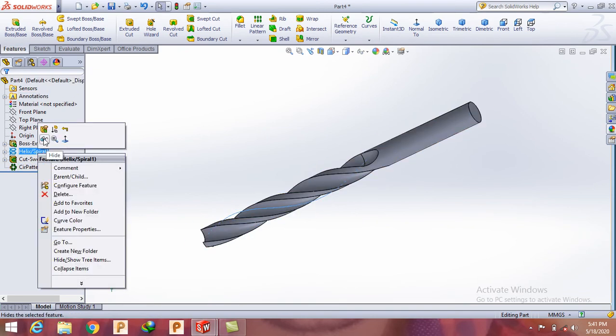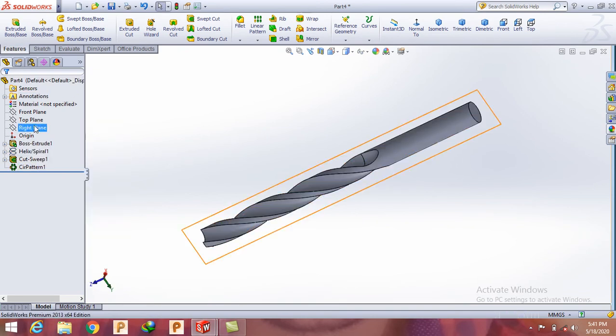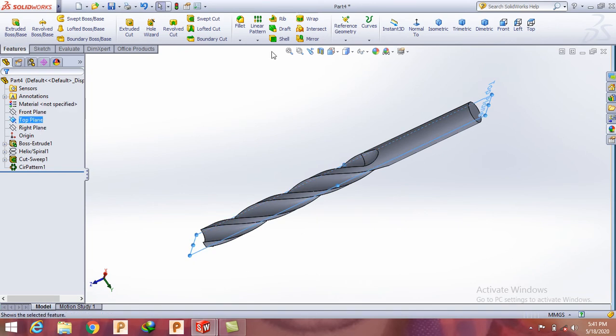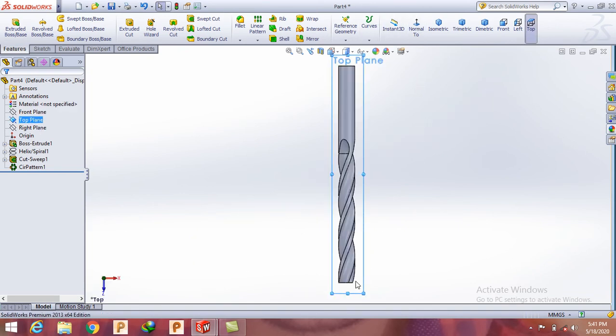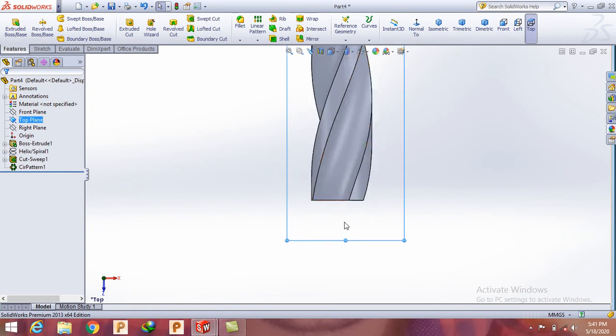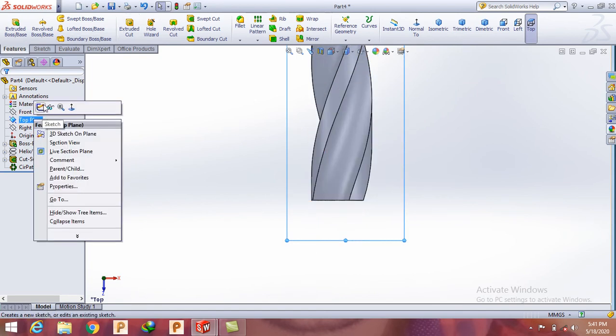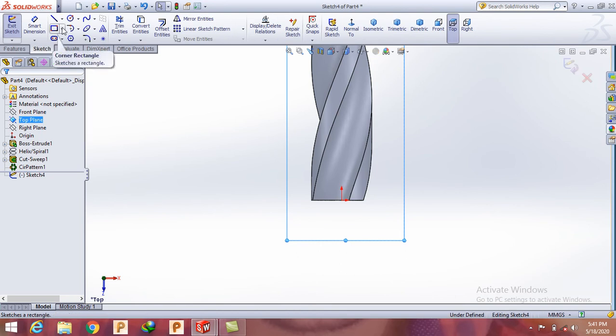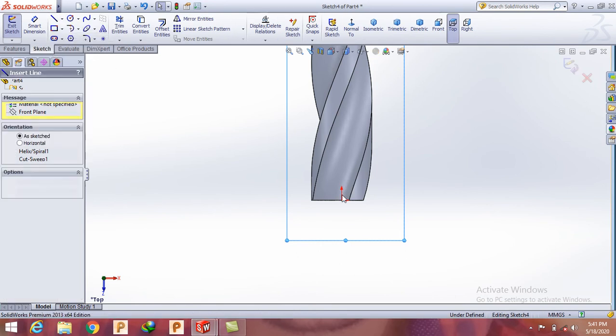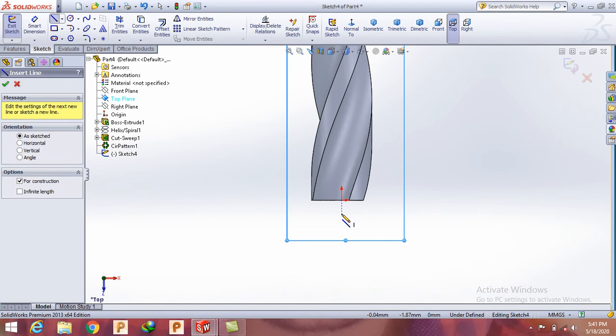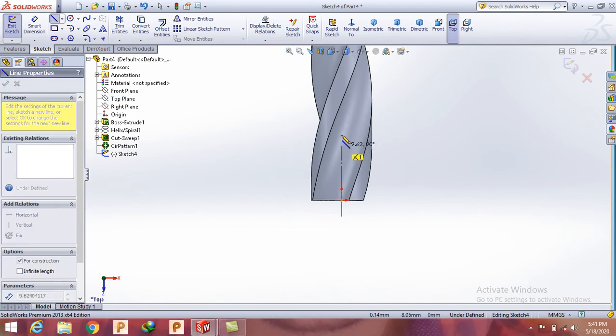Hide. Choose the top plane and make it normal. We will draw the profile of the twisted drill. In the top plane, make the sketch, go to the sketch entities, draw a line, a central line starting from here to here.